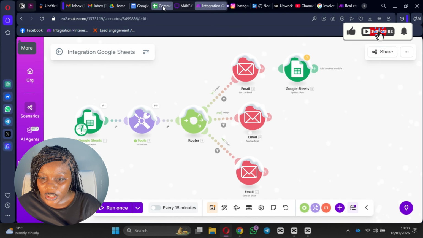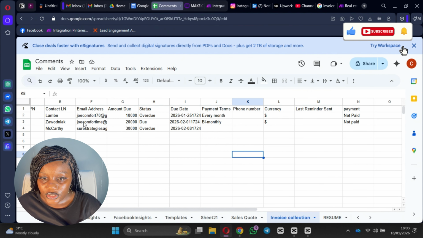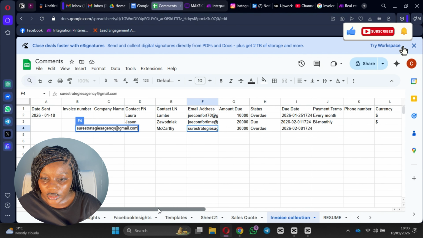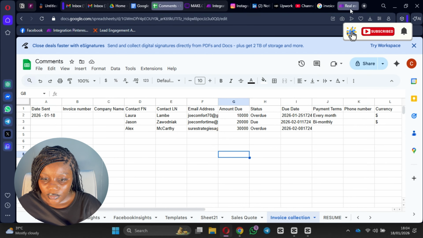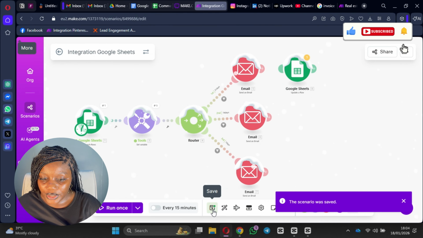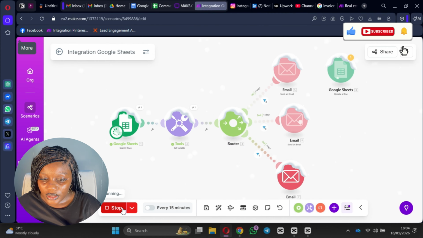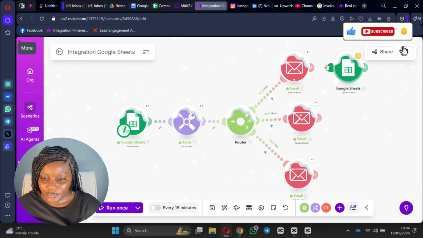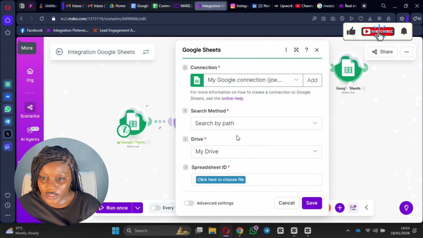So we unlink this and we check, because I don't want to send an email where it's not necessary, right? Okay. So let's come back and run it. So we save it as it is and then we run it. Okay. So now that we have done that, if I reconnect this,